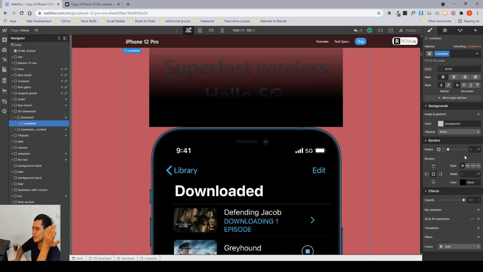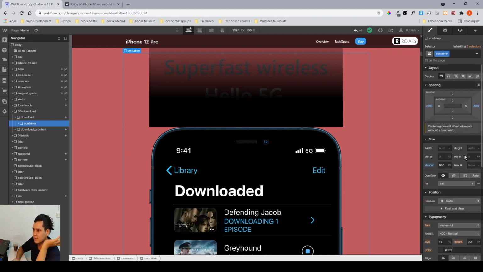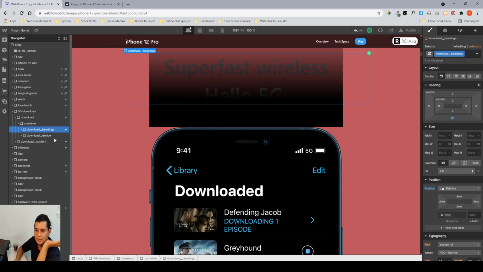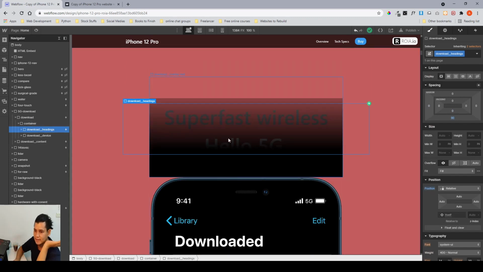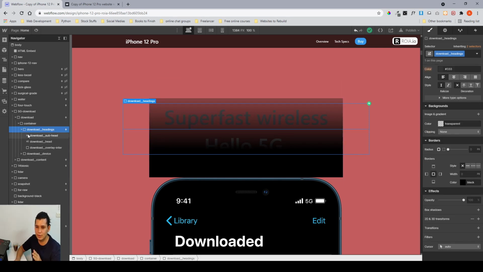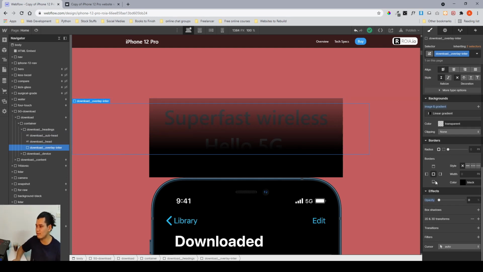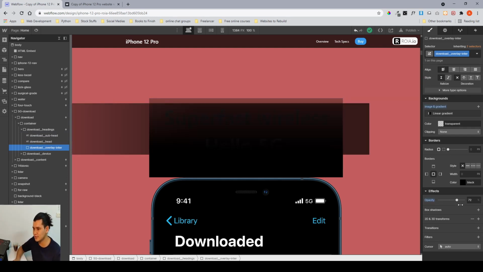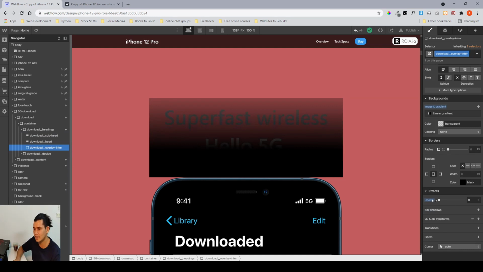You get it, you can just play with that, you can just inspect it to see what is happening. Then we have the download heading, which takes the overlay. If I open, it has 2 heading, and it has this overlay. If I turn the overlay to 100, you see it's there, and